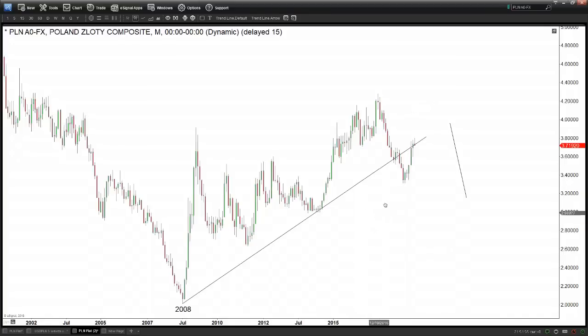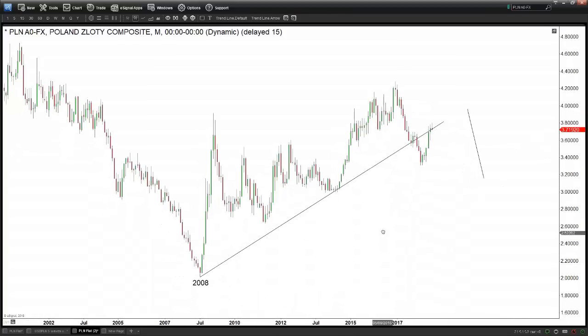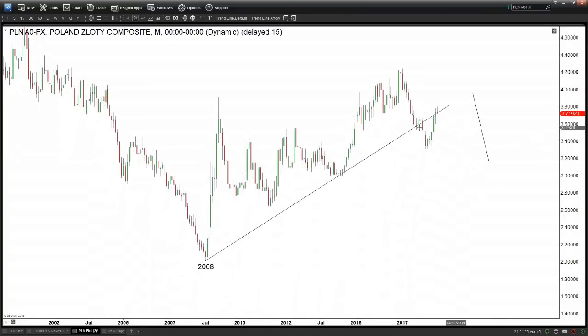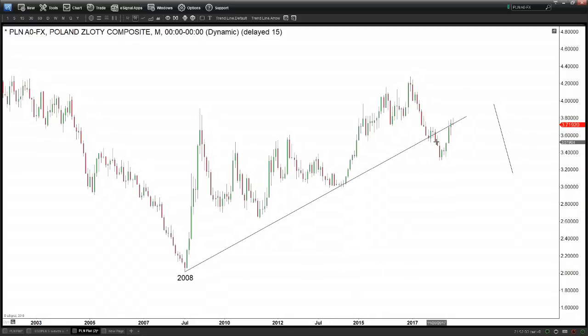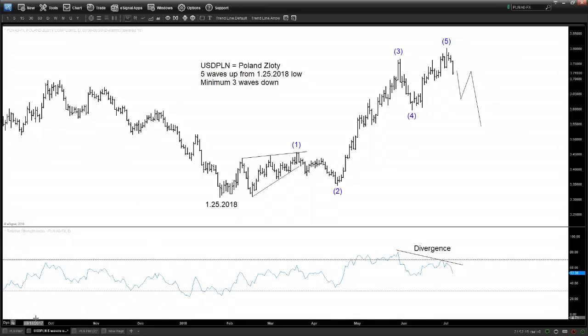Now there are two possible interpretations in the long term, and I can have a one count or one view that suggests this correction. Technically, the US dollar PLN rallying here is a correction to correct this decline. This correction can be over if we assume that